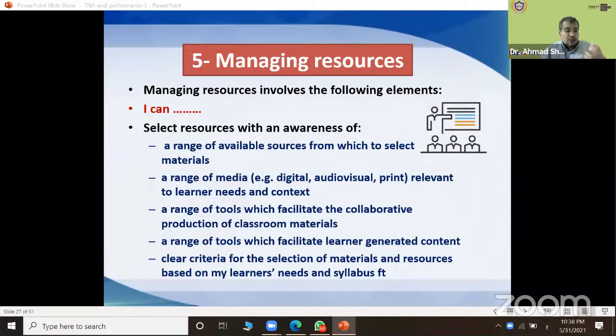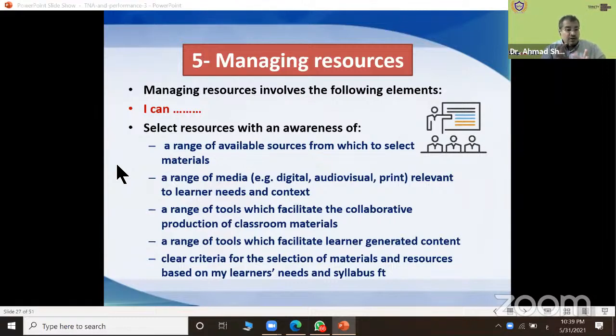Okay, so when I choose my resources, I should take these points into consideration, how to select, how to use digital resources. A range of tools which facilitate learner-generated content. Clear criteria for the selection of materials and resources based on my learners' needs and syllabus fit. There is a word fit.